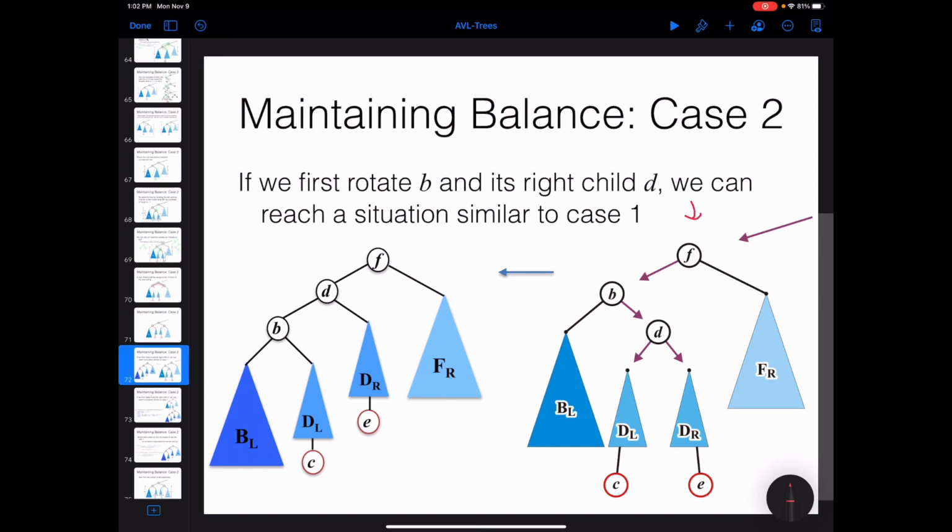In the first phase, forget about F, I am going to rotate B around its right child, which is D. Okay, I'm going to rotate B around its right child. So it means that the shape of the tree will look like this. It's not going to fix the imbalance, but the nice thing about this action is that